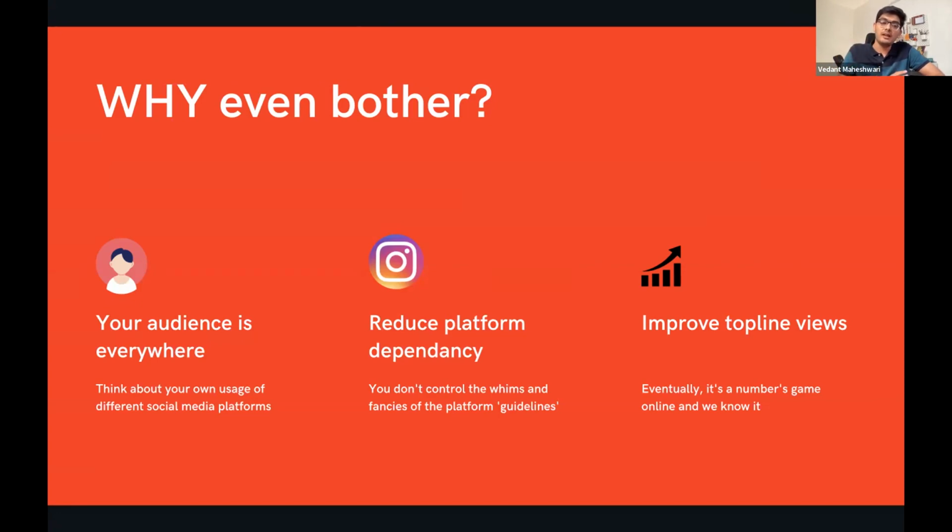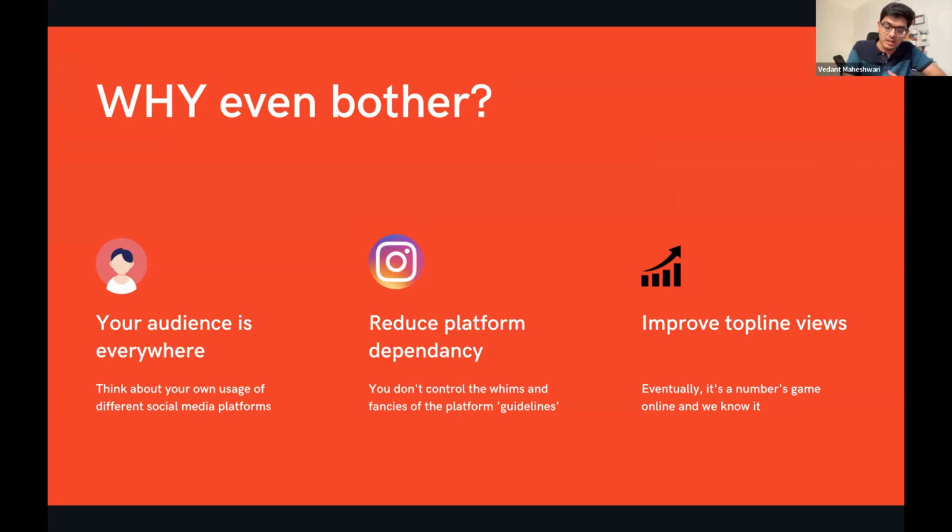The first step to thinking about it is that all of us consume content on multiple places, multiple formats. We go to different platforms for doing different things. So the same thing is happening with your audience as well. Your audience is distributed everywhere. They are spending some time on YouTube, some time on Facebook, some time on Instagram, and some time on other different types of apps that you will get to understand once you understand your audience. So the way we use it is the exact way that they use it. So you need to be clear about which platforms you want to be on, right? And reach your audience everywhere.